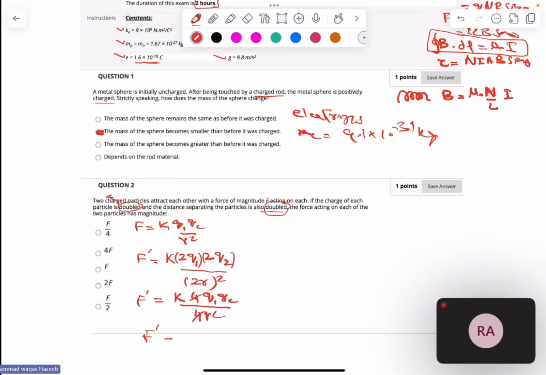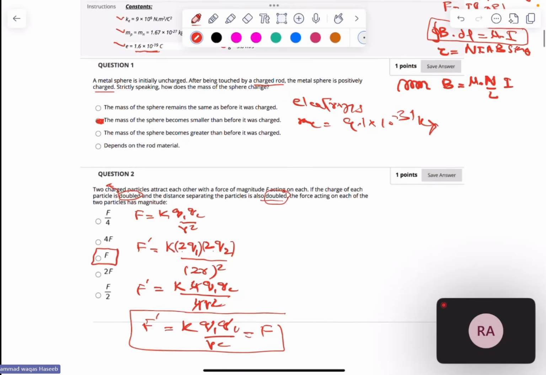So the prime force, when we double the charges and double the distance, you will get the same force, which is F. So by doubling both of the charges and doubling the distance between them, the force remains the same. Okay. So if either two of them is doubled, for example, if the charge Q1 is doubled and Q2 remains the same,